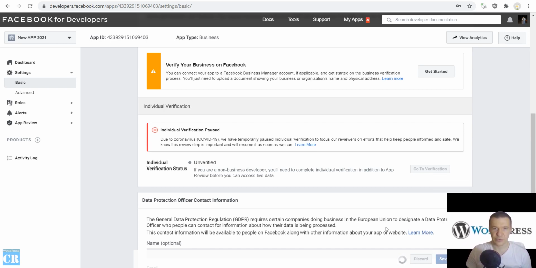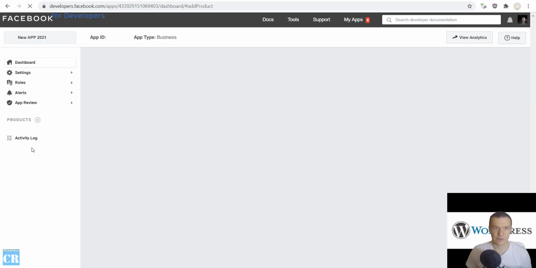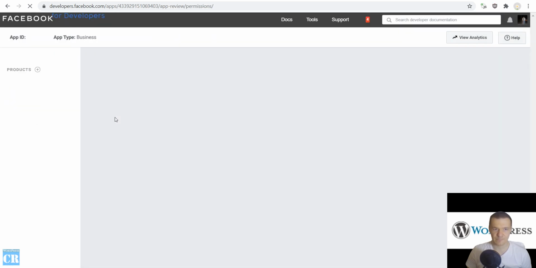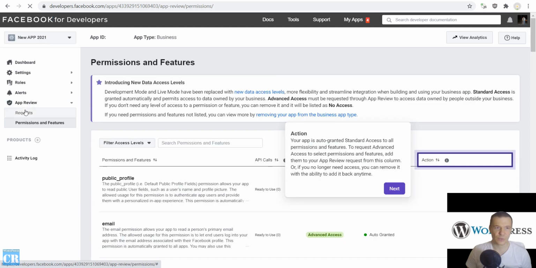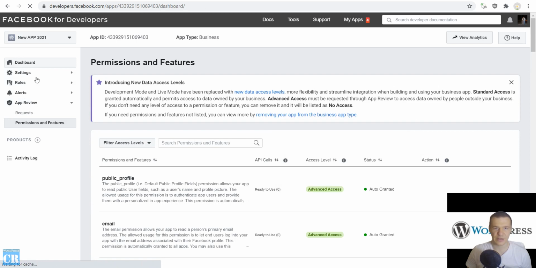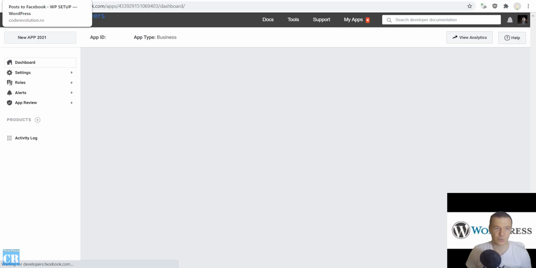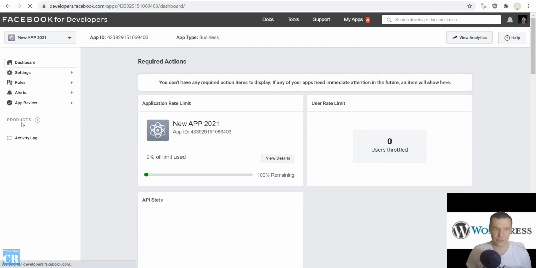Okay. So after these changes are saved, we can go ahead and click on Products here. In 2021, this pop-up will show, but we can ignore this. And after we did this, we can go ahead and click our dashboard and follow the steps that the plugin recommends us to do. Okay, so